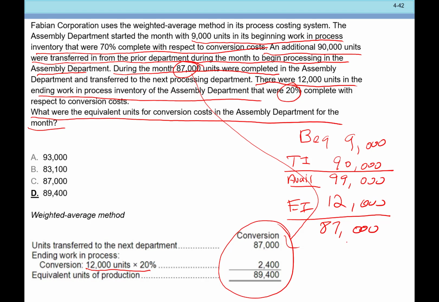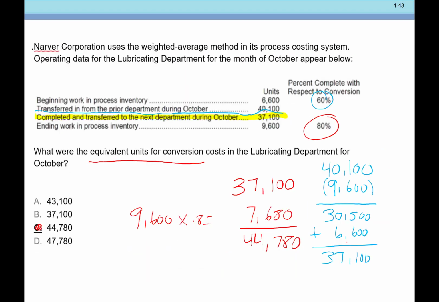Okay, any question on this one? Okay, good. That's an easy one, right? Okay, let's look at this one. This one tells us a weighted average method process costing system, with operating data for the lubricating department for the month of October below. Notice, guys, they give me these